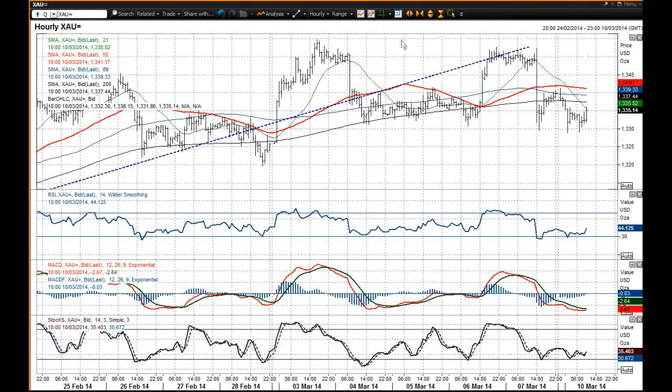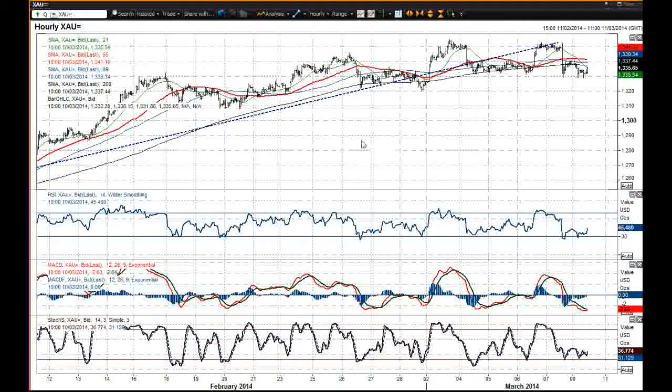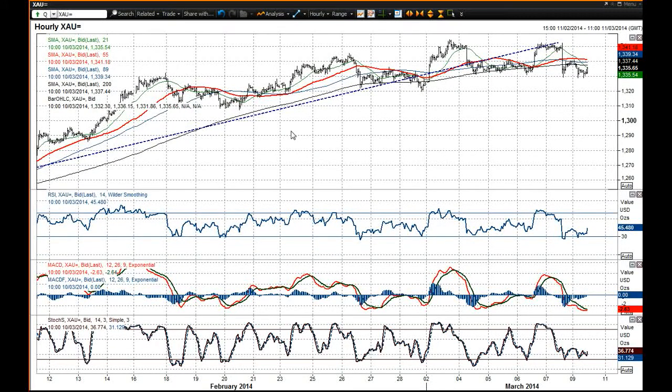You've got this consolidation pattern in play, that's fine. It hasn't yet broken down. I think the key level I'm still looking out for is this 1319.61 key low, as the protection of a considerably more of a correction back towards 1300, which I think ultimately would still be a bullish opportunity. But I think that the fact that